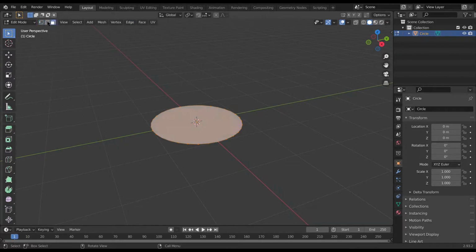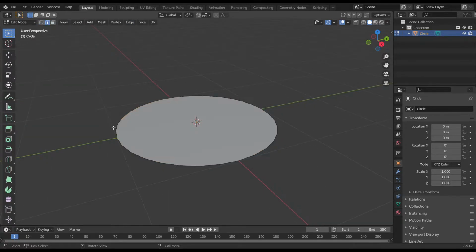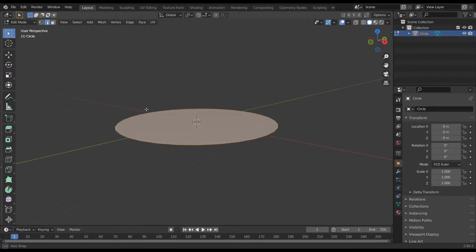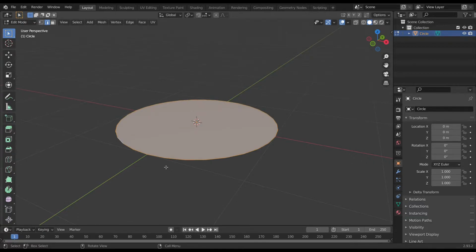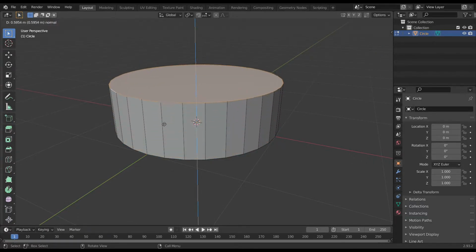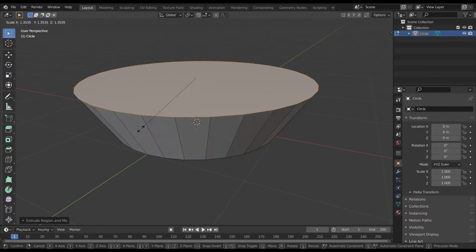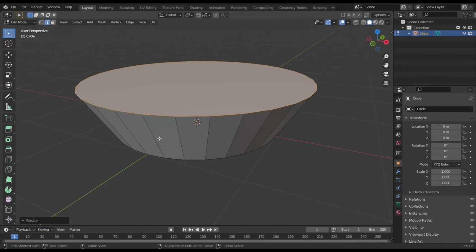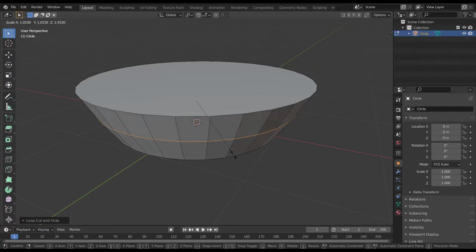Now go into edge select mode over here, click out, holding down Alt, click on one of the edges and choose all the edges, and then extrude it on the Z axis around there, scale it up and add a Control R to add a loop, and right click to set it in its original position. Once you've added that loop, press S to scale it up just a little bit,